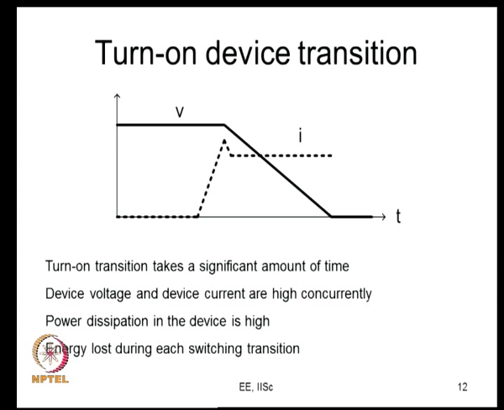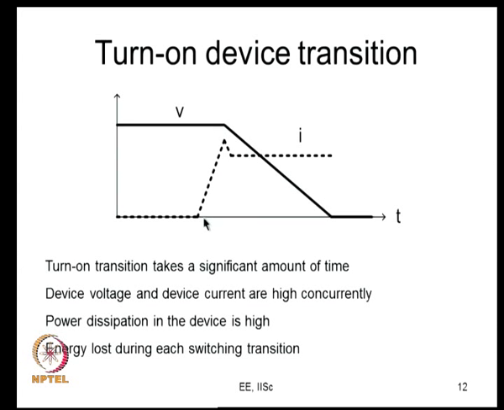Let us now move on. But the situation is no longer ideal because the devices take a certain amount of time, and this is some illustrative figure which shows the device transition. So, it is more for an illustrative purpose. What we found is that it is turning on, the device voltage falls over a certain interval of time. Before the voltage starts falling, even the current has risen fully, and this is what we found was actually the reason for a high amount of energy loss.